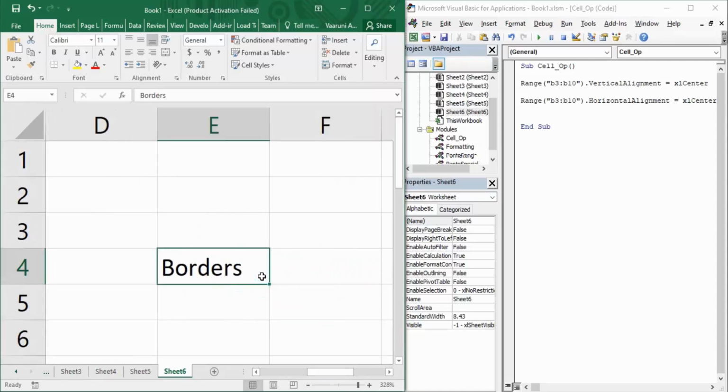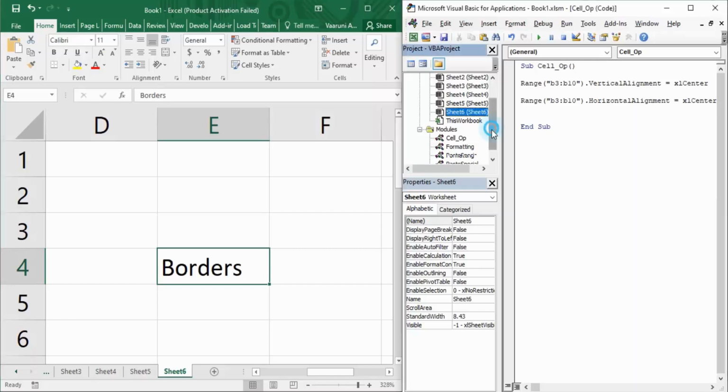The reason I have chosen this is because we are going to apply borders and there are some things which are very subtle, so they won't be visible at the default zoom percentage. So to show you all, I have increased the zoom percentage, and the cell in which I have written my text is cell E4. On cell E4, I'm going to apply all my changes.